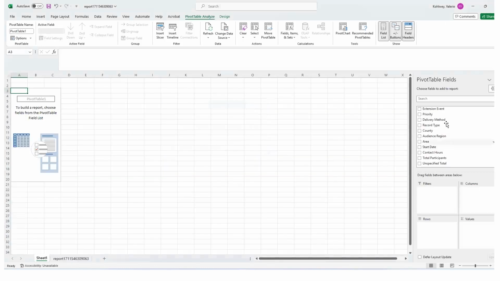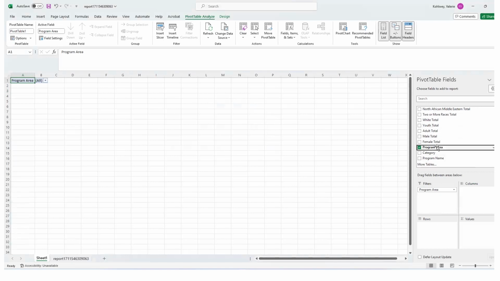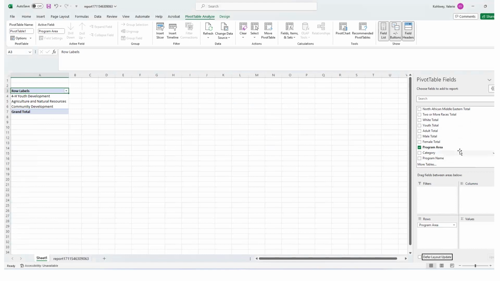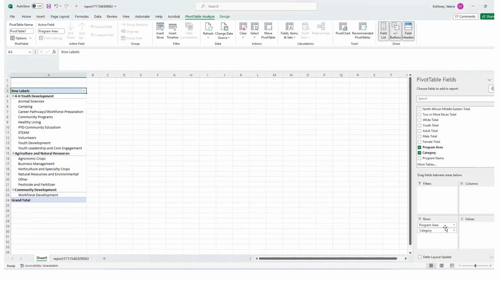I have a pivot table. And now I want to add fields to it. So I want to summarize based on program area. So I can drag it down into my rows column. You can also just check the box, and Excel will generally be smart enough to know where you want it. So if I check category, now I have a summary of program areas and then the categories that programs are